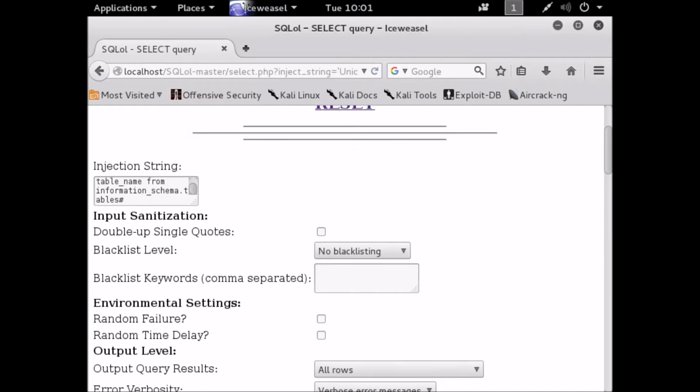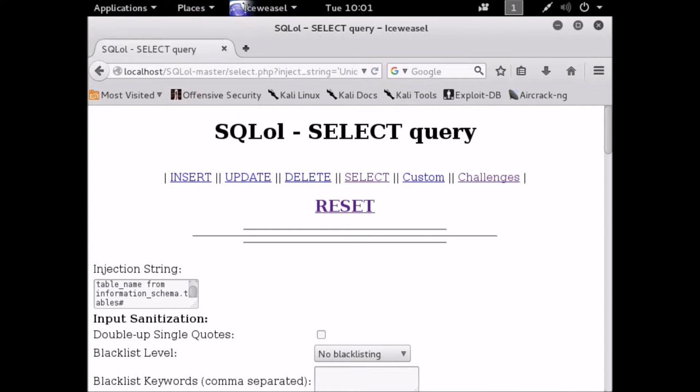One way to get the names of the columns in MySQL is you need to say union select column_name from information_schema.columns. Is it columns? Yes.